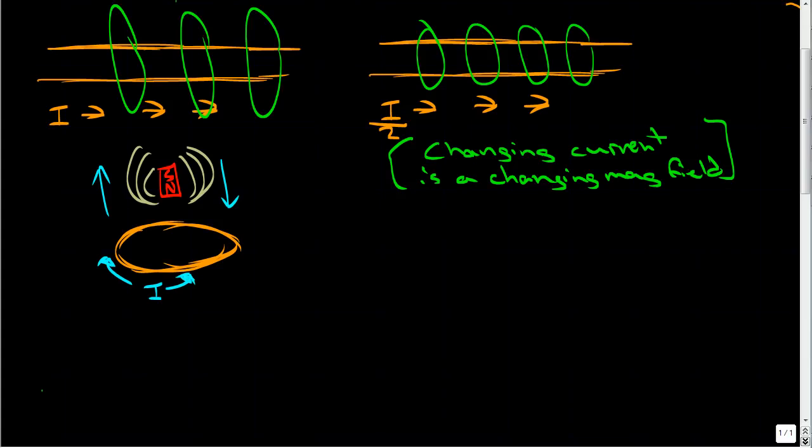So he said that a changing magnetic field can actually induce the current. But then he said, and this is why it was mentioned in his paper on relativity, you don't have to move the magnet up and down. You can just move the coil up and down and keep the magnet constant. So it doesn't matter if you move the magnet or if you move the coil, as long as this coil sees a difference in magnetic field, it will have an induced current. So the coil might pass through here and it will see a different magnetic field than if it passes through here. And that change, so a change in magnetic field